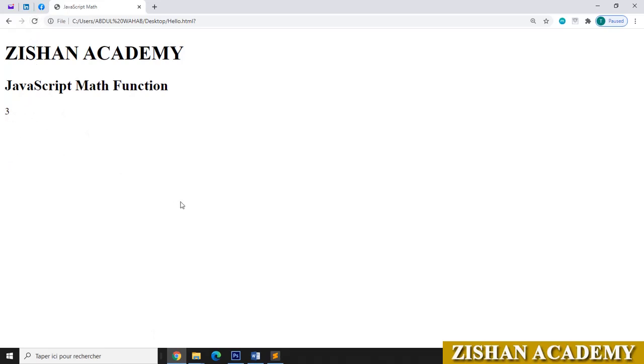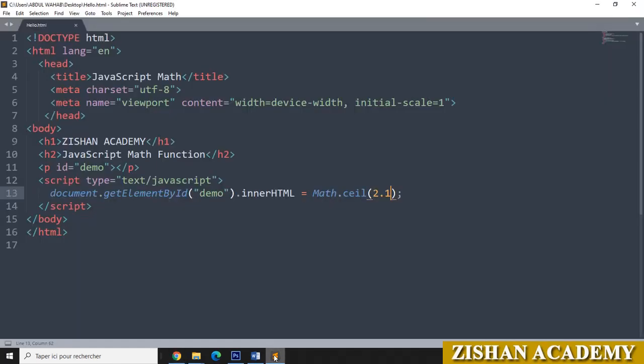That means 2.1, it will take the maximum, it will go to the next one, 3. Whatever number you have, suppose if you have 4.6 here, it will show you 5 there. The result will be 5. Like this you can use ceil to go to the upper level.